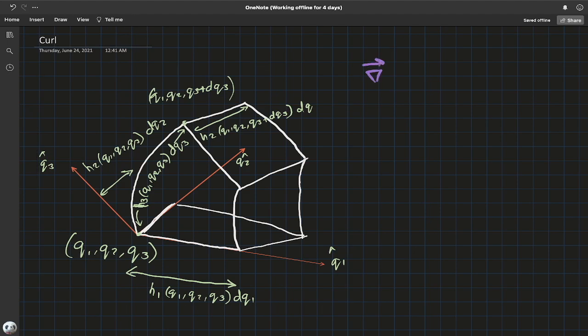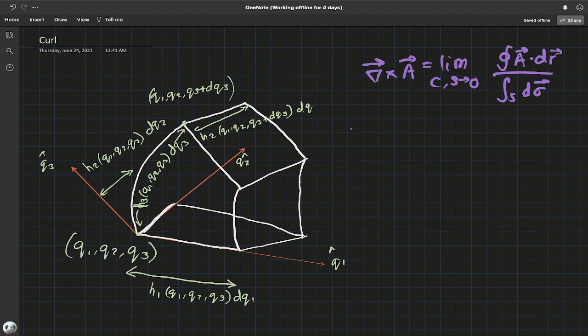Remember this definition: curl of A was the limit as some loop and some surface both go to 0, closed loop integral of A dot dr divided by surface integral of, say, just d sigma itself. Okay, now